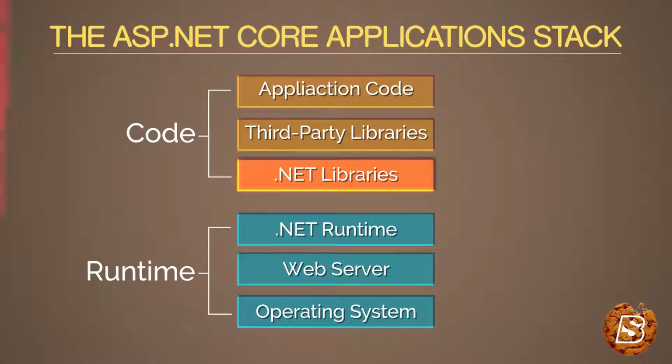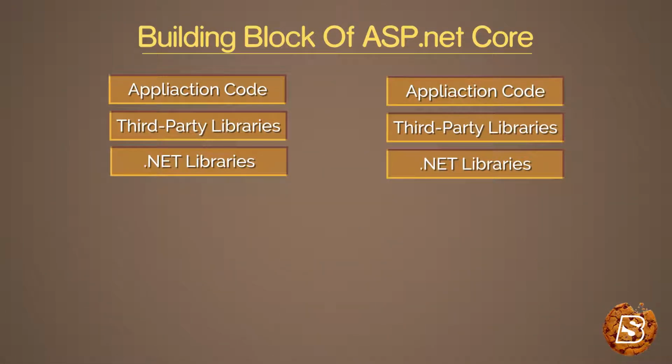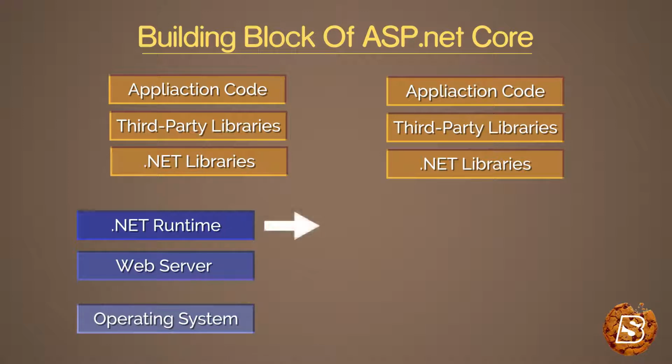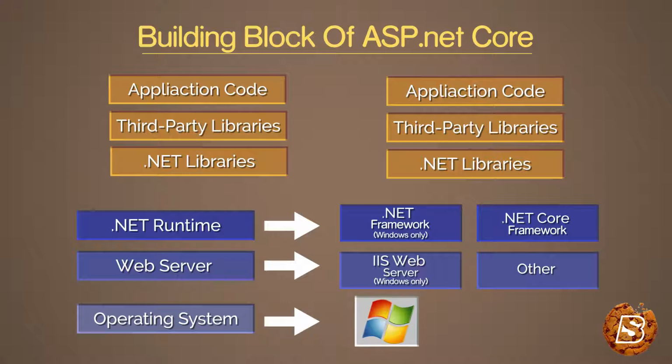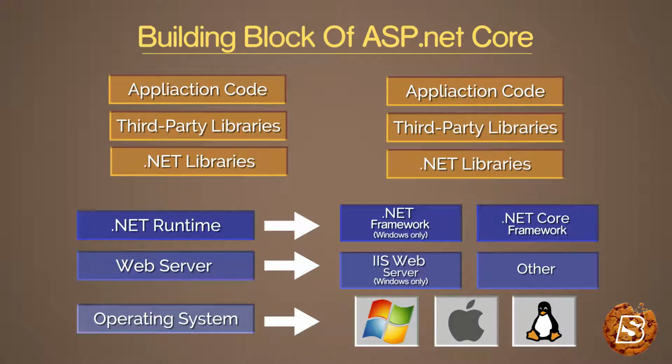Now if we compare ASP.NET Core and earlier versions of ASP.NET, you'll find that the .NET runtime was earlier available only for Windows using the .NET Framework. Now with the .NET Core framework, which is a lightweight, fast and modular version of the .NET Framework, we have the option of running our ASP.NET Core MVC applications using this .NET Core framework. Because of this, we also have the option of running our code on other operating systems like Mac and Linux. For Mac and Linux, we have Microsoft's Kestrel web server,